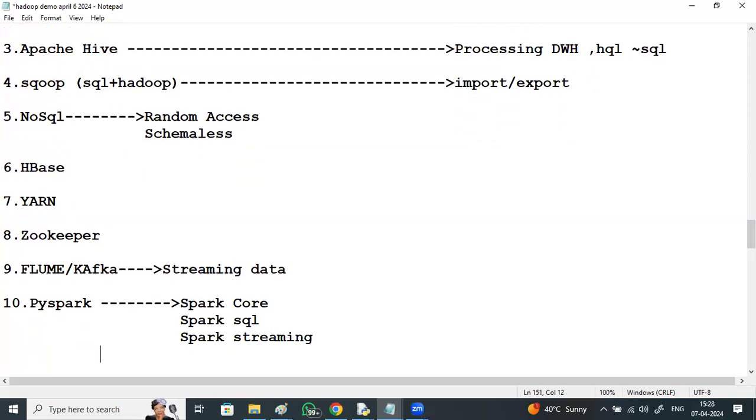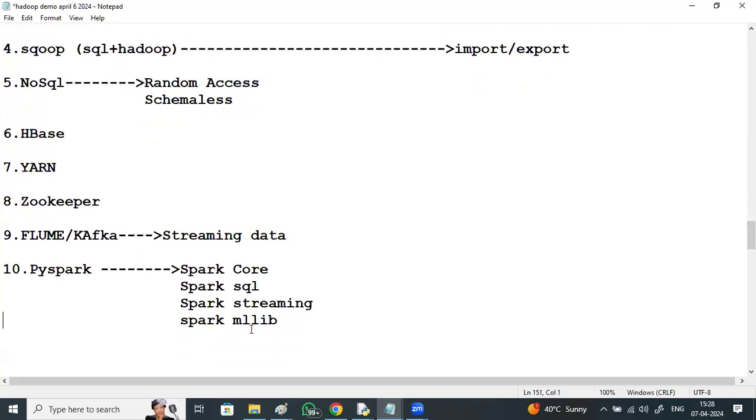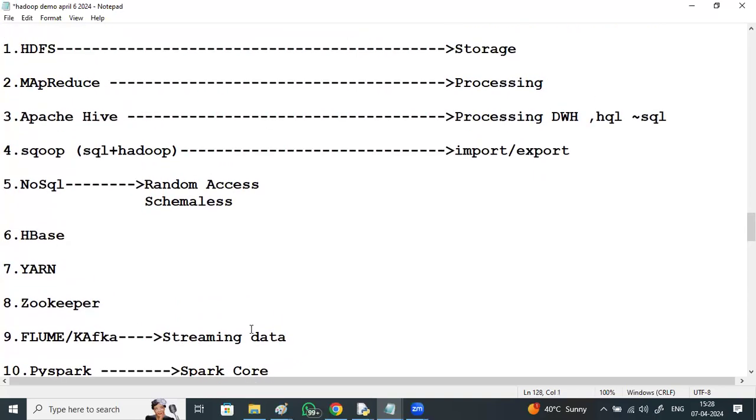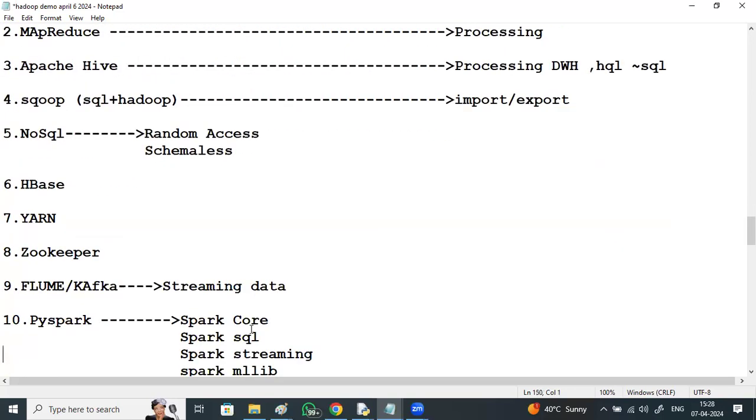And Spark MLlib, the machine learning library. Yes, this is what we'll be discussing: PySpark, Flume, Kafka, Yarn, HBase, NoSQL, Hive, MapReduce, and HDFS.